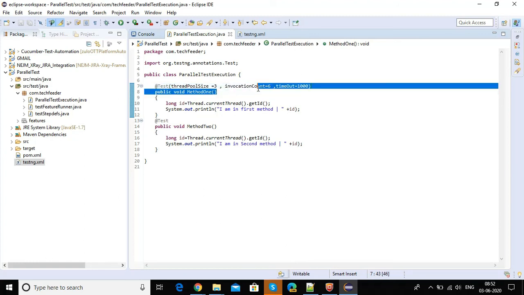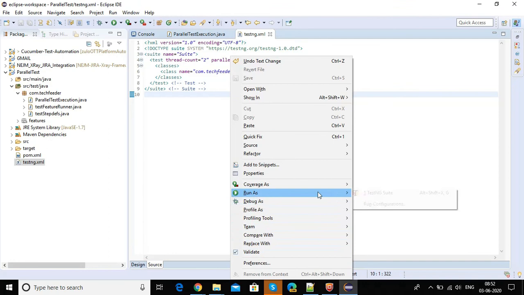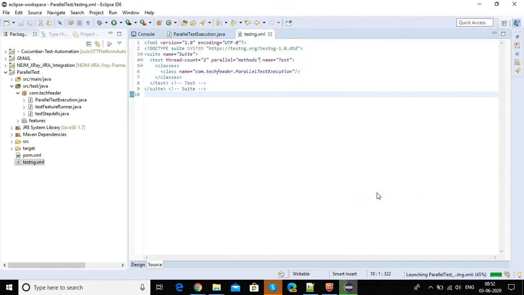So it invokes the method 6 times and fails if the execution goes over 1 second. If the execution goes over 1000 milliseconds, it will fail the execution. Now over the testng.xml, go to run as TestNG suite. Fine, we will see the expected result of that.